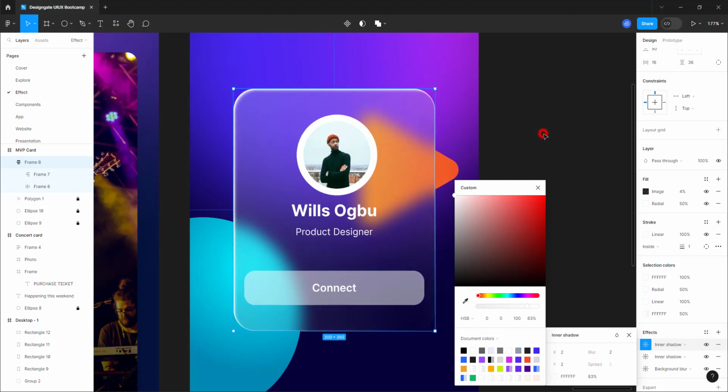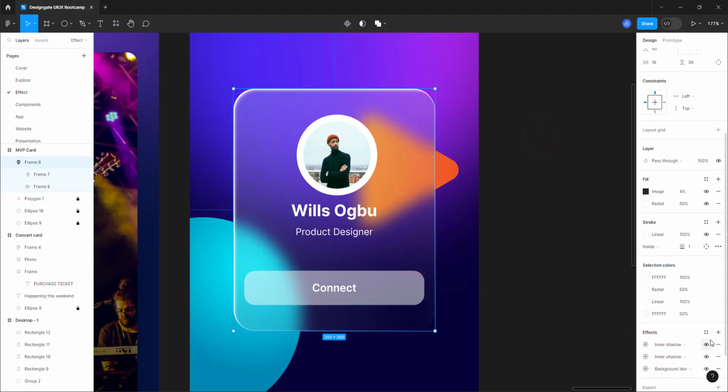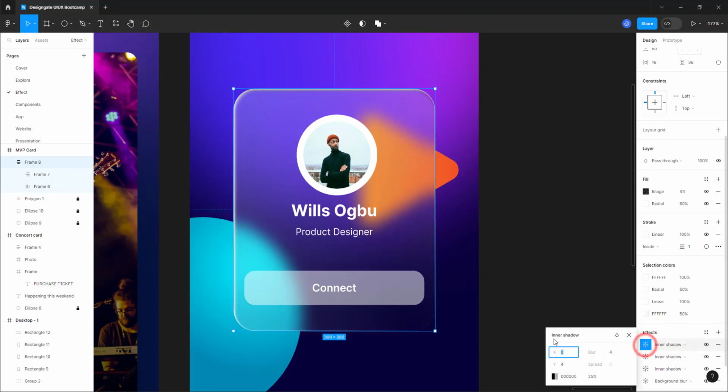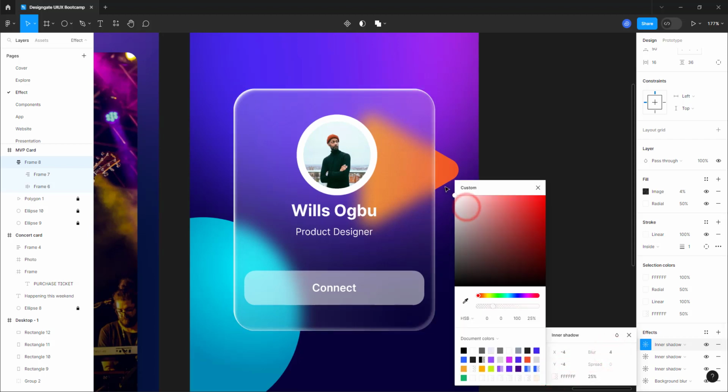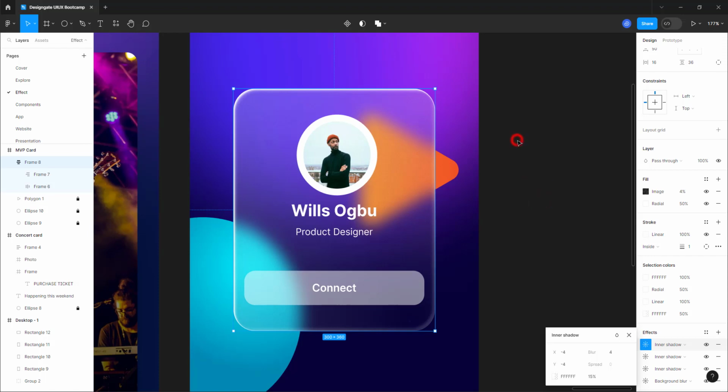Okay, good. Now the next thing I want to also add again, I want to add the one from the bottom part, so inner shadow. Okay, now this should be from the bottom part, so we should go with -4. Sorry, that should be -4 there, and also -4 here. Okay, and for the color, let's go ahead and choose that white right there. And for this one, we're just going to reduce it more. Okay, instead of 24, let's go with 15. Instead of 21, let's go with 15%. And voila, so you have this kind of